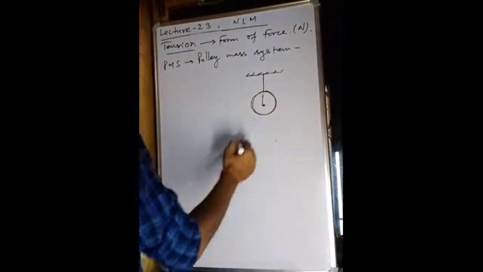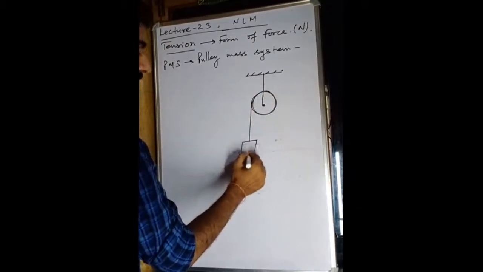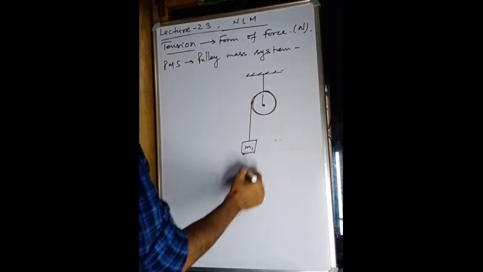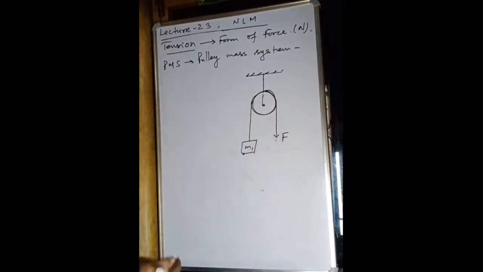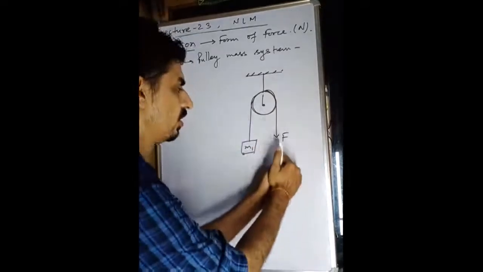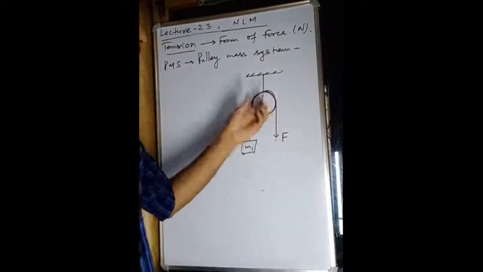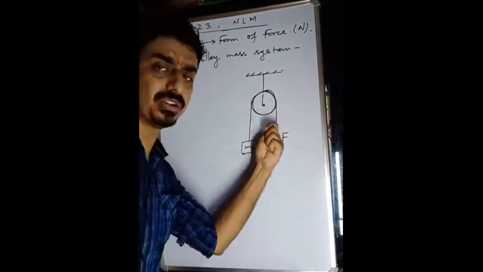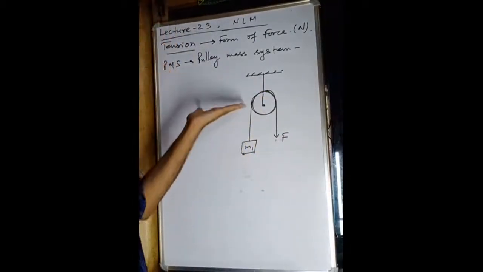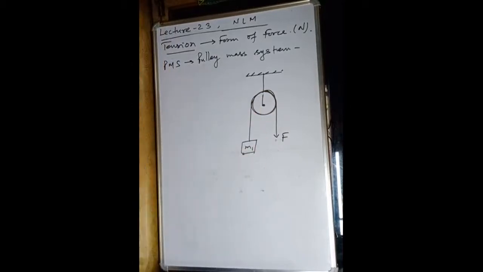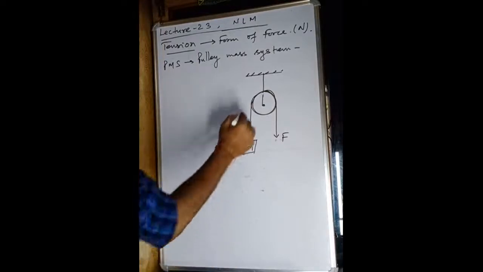Suppose you hang a mass from here, suppose it is M1, and you apply a force from here, then you can hold this mass by pulling down this rope, and this pulley will rotate. If you pull this end of the rope down, this pulley will rotate and this will move up. Okay, this is the pulley. So my dear students, the pulley actually, if it is massless and frictionless,